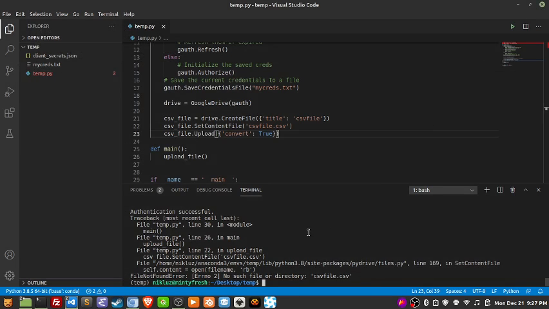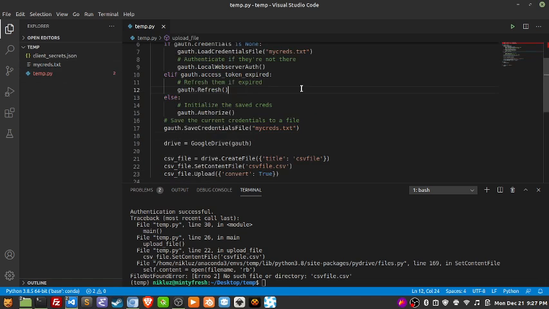Oh, I didn't put a file in here to be used, but you can see now that it created a mycreds.txt. After we got logged in, it ran the authorization, and then it went ahead and saved a credentials file for us, so we don't have to keep on